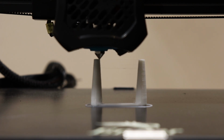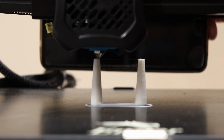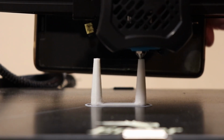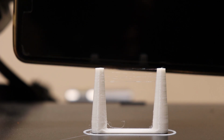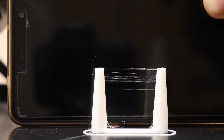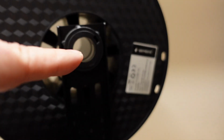Printing is almost finished. There is some little stringing at the end on top of the printing. I hope it's visible on camera. So probably I will raise the retraction to maybe 2.5 millimeters or maybe even 3 millimeters. So this is something I have to experiment more. Not bad for 1.5 millimeter retraction. But I will remove the PLA now